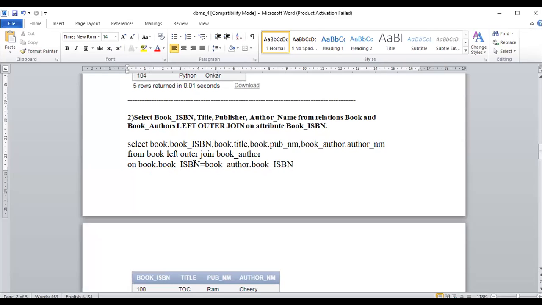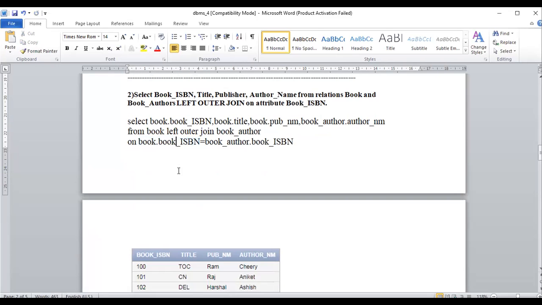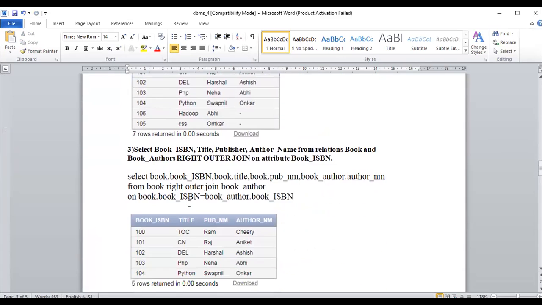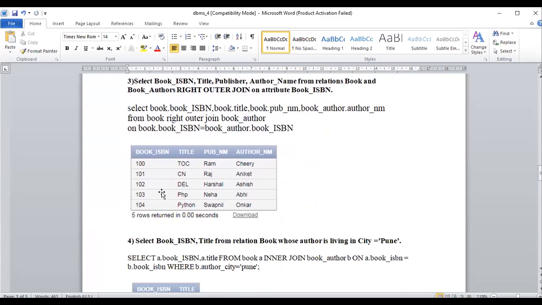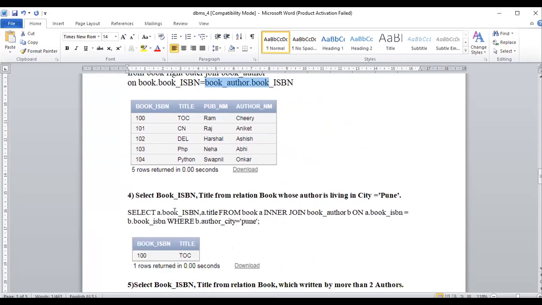We have to once again check the two tables. The equal sign is there, and the table on the left hand side of the equal sign. So initially the inner join operation gets performed, matching both tables. Common attributes or common records get found, and whatever remains in the left hand side table will also be displayed. Similarly, in the right outer join operation, common attributes get fetched and the remaining attributes from the right hand side table, here in our case book_author1. Okay, that is the right outer join operation.